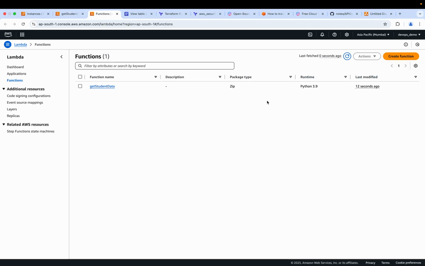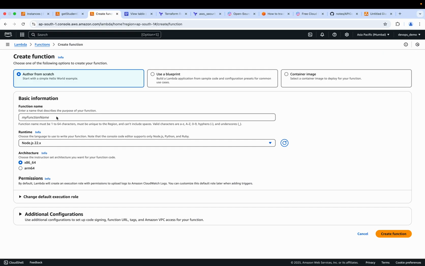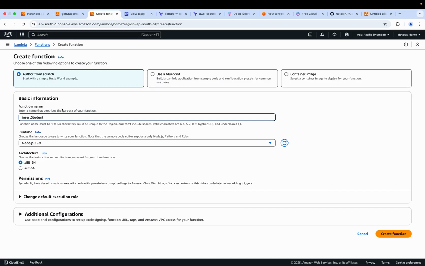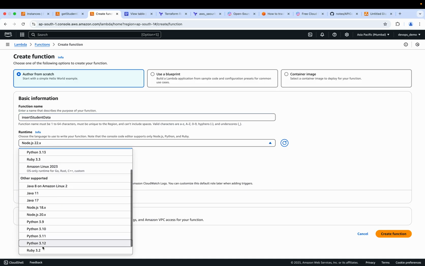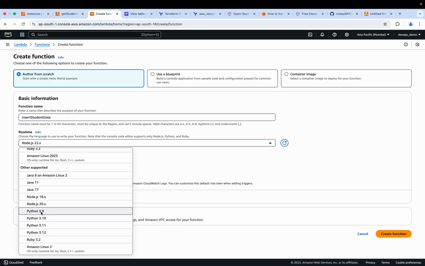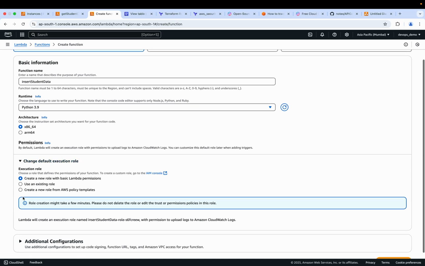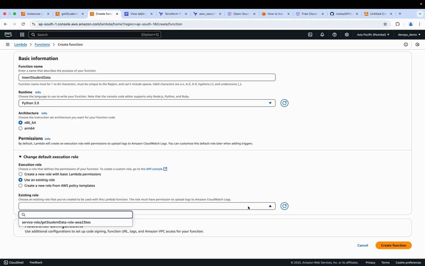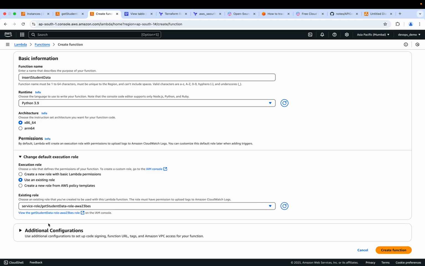So let me click on create function, and here we will be saying insert student, and let's go with the same naming convention that we are using, insert student data.py, correct? So it will be insert student data. Let's select the programming language once again, Python 3.9, and change default execution role. Here we can use the same role which has been created as of now, so get student data role,